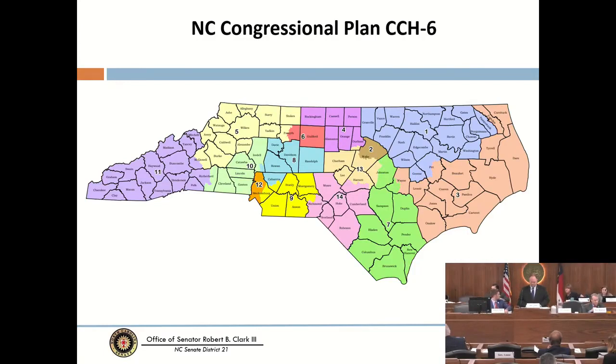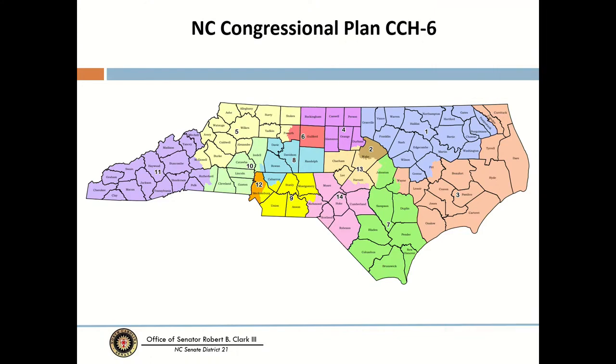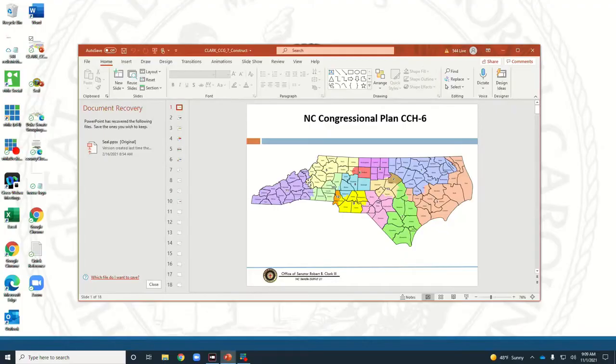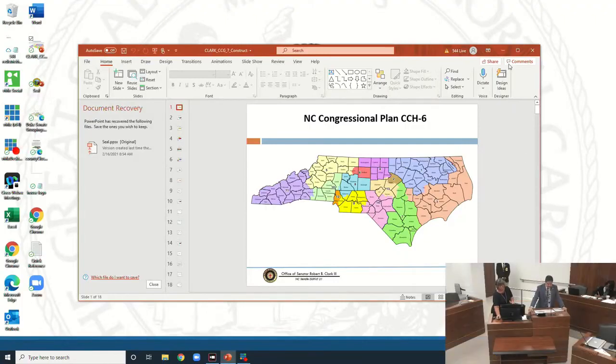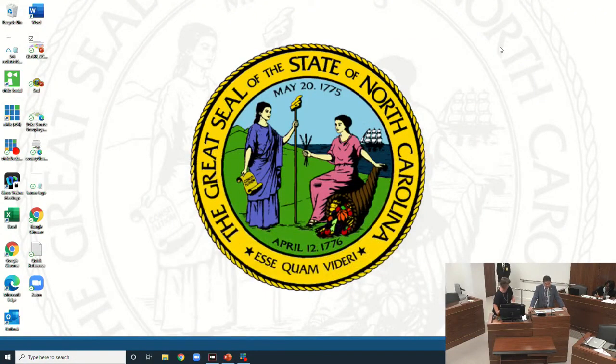The district takes in the Outer Banks and most of the state's shoreline. Its shape is mostly dictated by the Atlantic Ocean. There are 0 municipalities split by the district's boundaries. VTDs are only split for the purpose of equalizing population to 0 deviation. This district keeps all of the finger counties in northeastern North Carolina together in the same district, as well as most of the counties that run along the Virginia border.